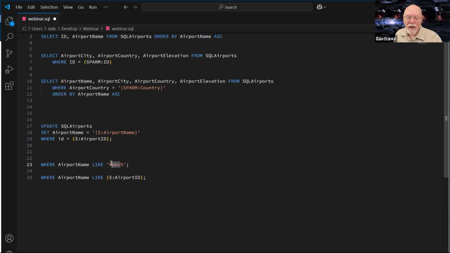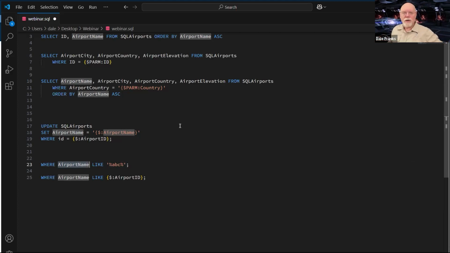What this percent sign means is, look, I don't care how many letters or how many numbers there are before ABC, and I don't care how many letters or how many numbers there are after ABC. I want you to look at the entire value and look to see if anywhere inside that string, whatever airport name happens to be, George H.W. Bush Houston Intercontinental Airport, which would not, in fact, contain the term ABC, but it's a very long text string.